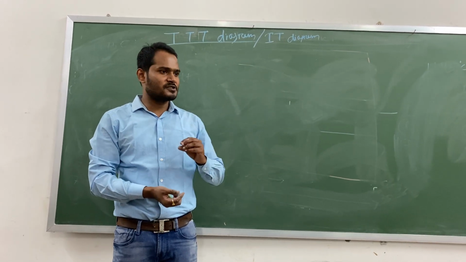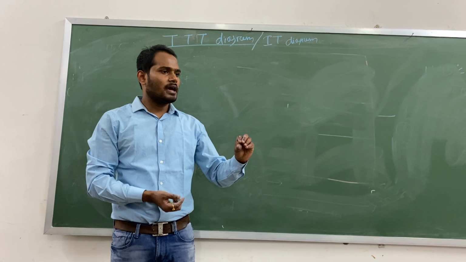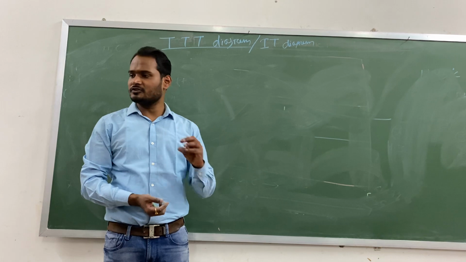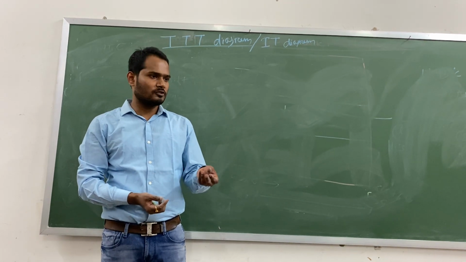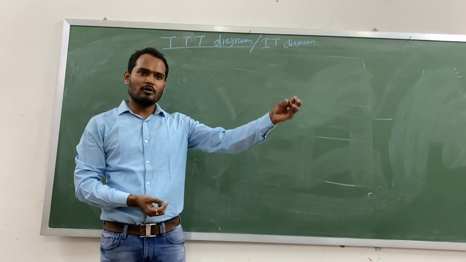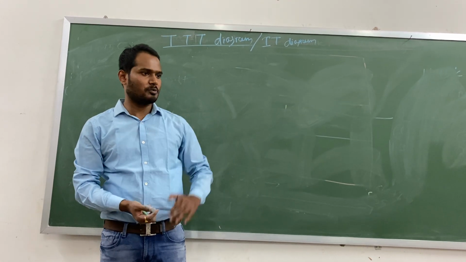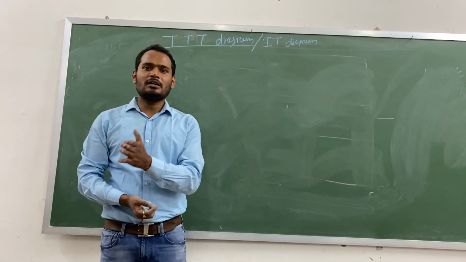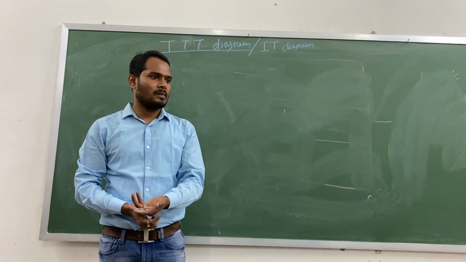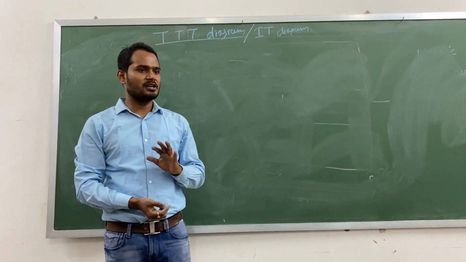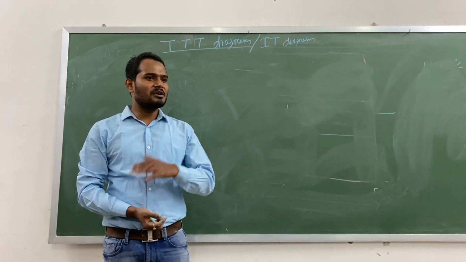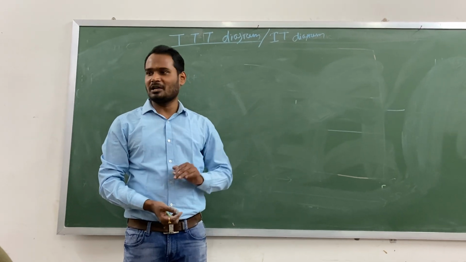You take out one piece of steel and put it at a constant temperature, and you allow it to cool at that constant temperature. Constant temperature cooling is isothermal cooling. You take out another piece of steel and cool it at a different temperature, another piece at a lower temperature. Like this you have to do. Then you see at what temperature the transformation starts and at what temperature it finishes. The TTT diagram shows the transformation start and finish, and this can be done by taking different isothermal temperatures.